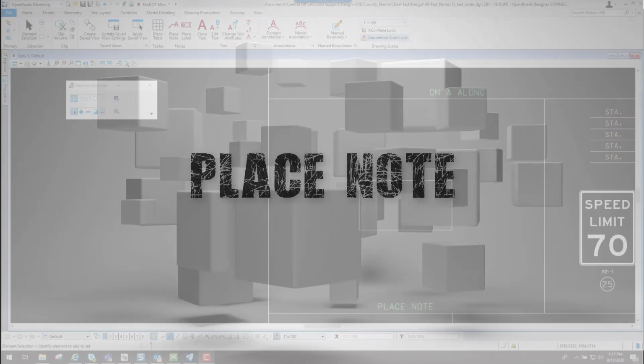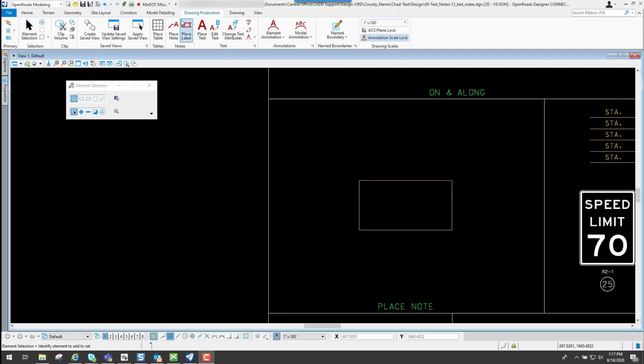The Place Note tool. To get to the Place Note tool, if you go underneath the Drawing Production tab, you have this icon right here that says Place Note. Now, I'm going to open up the Place Note tool a little bit differently. That way it loads up my correct dimension style and the correct height of my text properly before I place it. If I go back up to the workflow, I'm going to change that to the MoDOT CAD Detailing